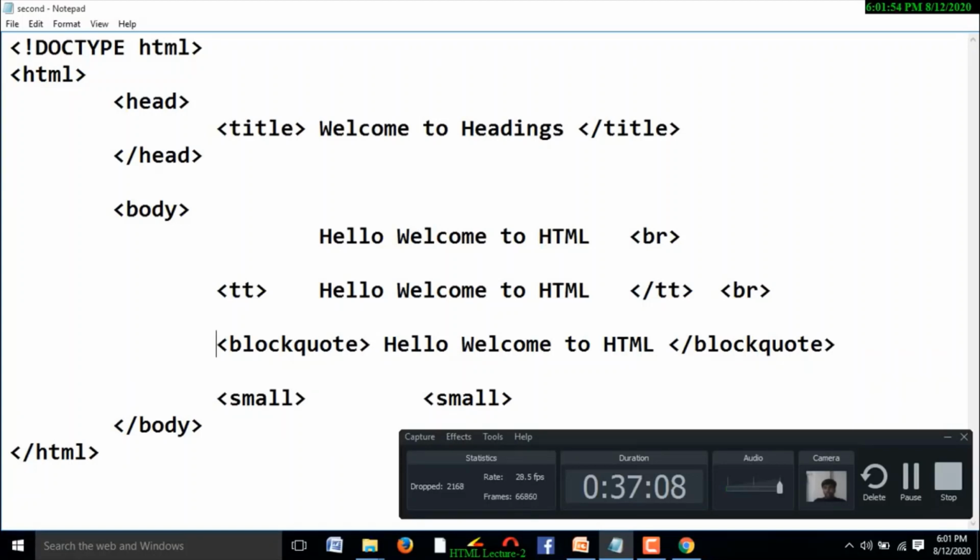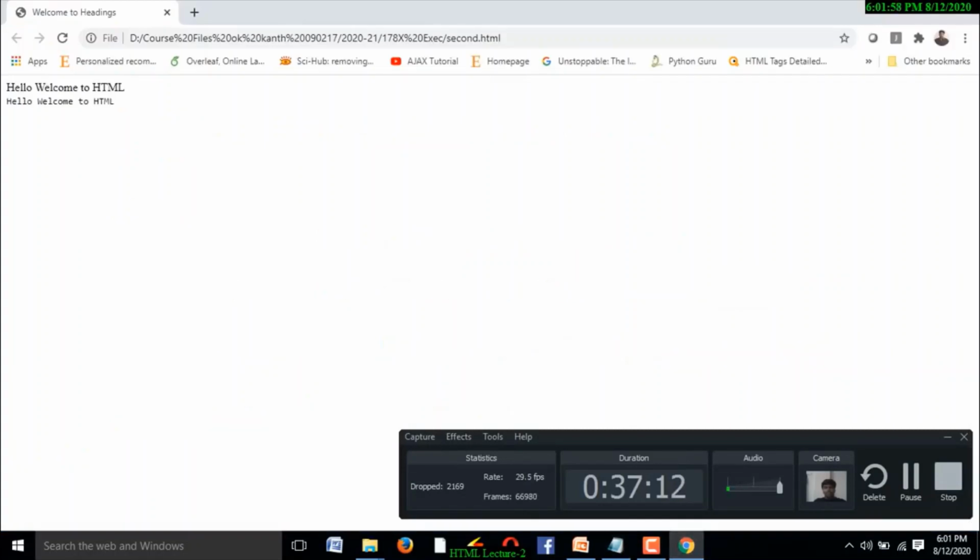Because of that reason, here I am using br. And go to the browser and refresh it. What I am going to see? This is what? Block quoted text. This is what? Block quoted text. Hello, welcome to HTML.